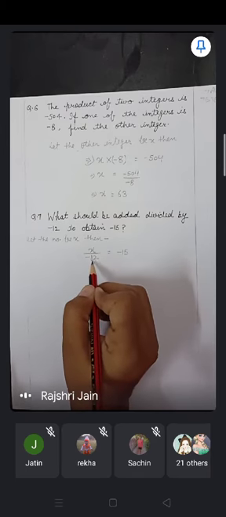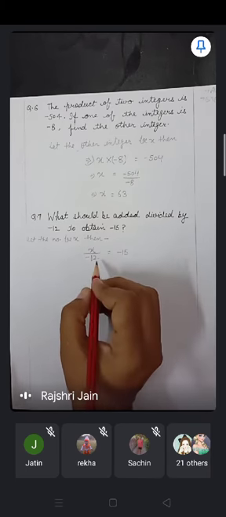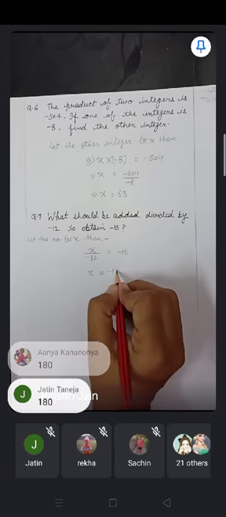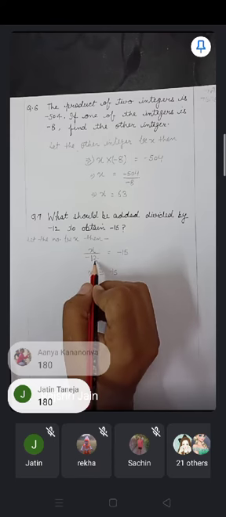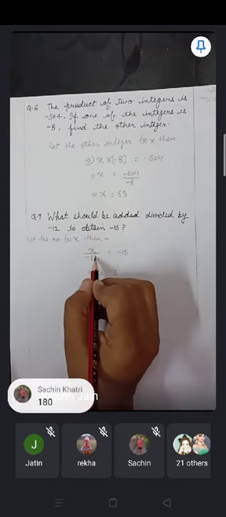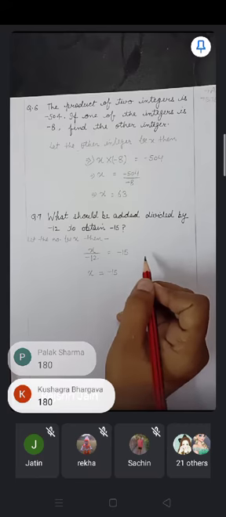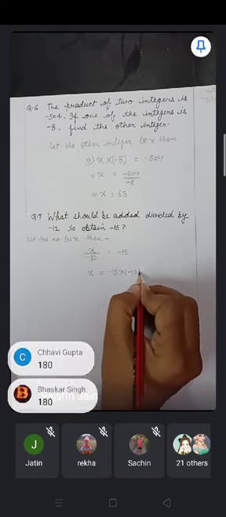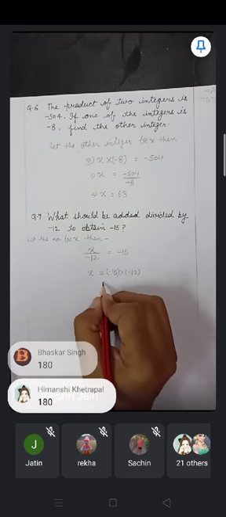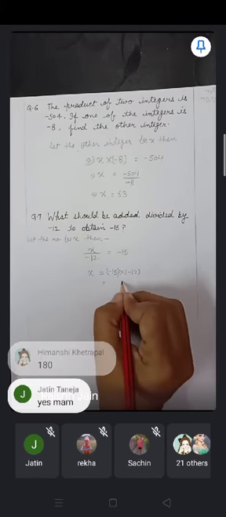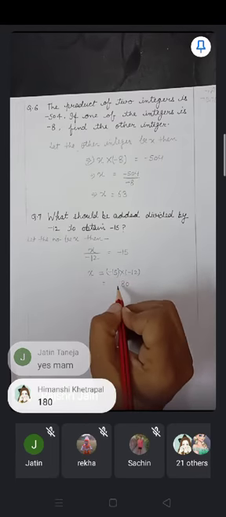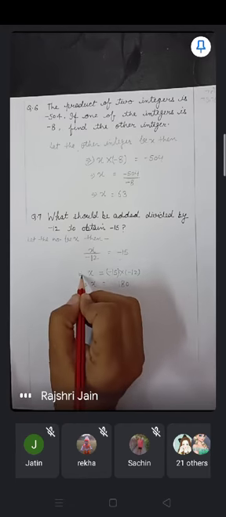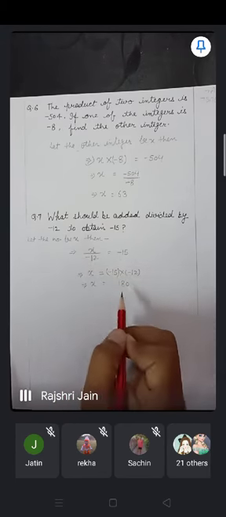Divided by means -12 is the given divisor. So we have to find the value of x, which equals -15 as it is here, and you can see -12 is in division. When we shift a division operation to the other side, it changes to multiplication. -12 goes there and multiplies, so it will be -15 into -12. If you multiply 15 with 12, it will be 180, and because both have the same sign, the answer will be positive. So the number which we are finding is 180.